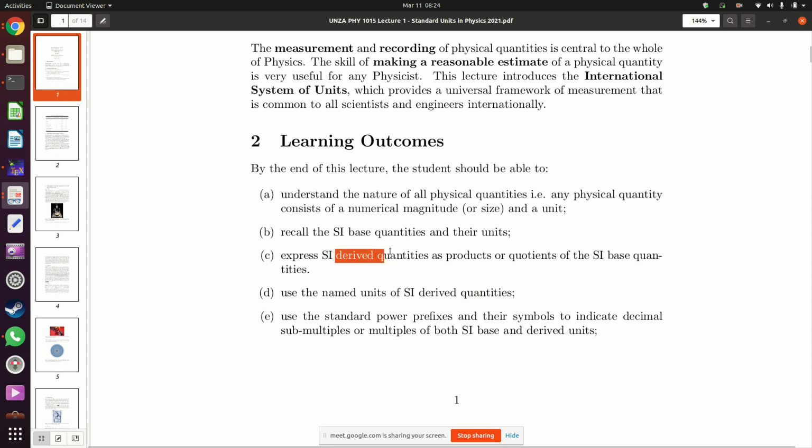Then the derived quantities: we obtain a derived quantity by multiplying or dividing the base quantities. You get a product by multiplying, or you get a quotient by dividing. So for you to get the derived quantities, you have to multiply or divide the base quantities. So you need to know some of these base quantities, derived quantities, and also their units as